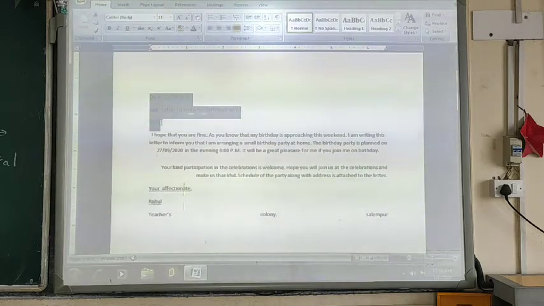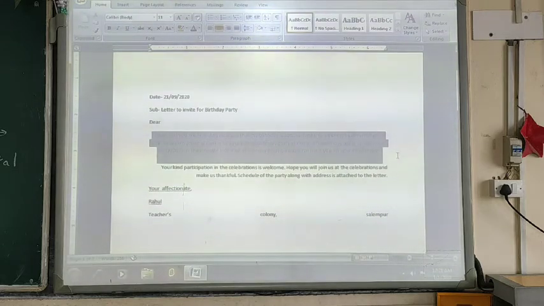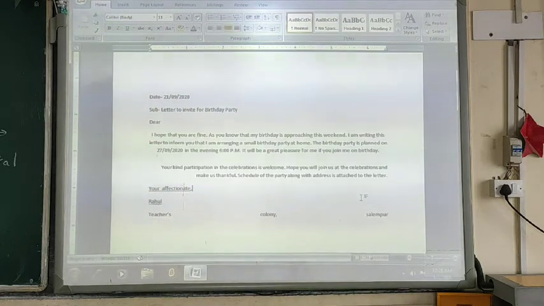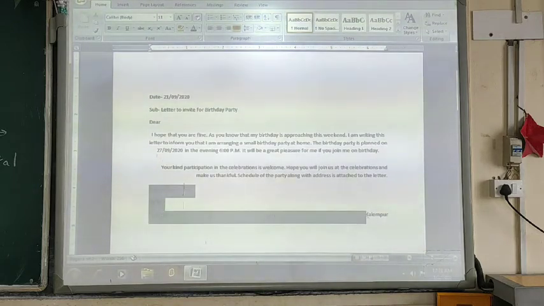This is left alignment. This one is center alignment. This one is right alignment. All the text is aligned towards the right margin of the page, and the last one is justify alignment. All the text is aligned in between the left and the right margin of the page.